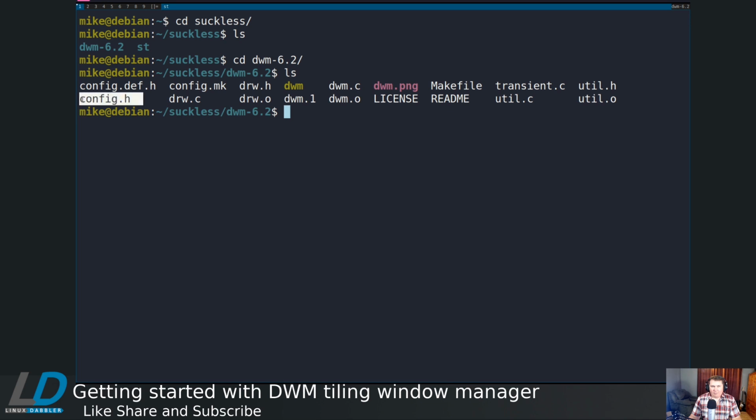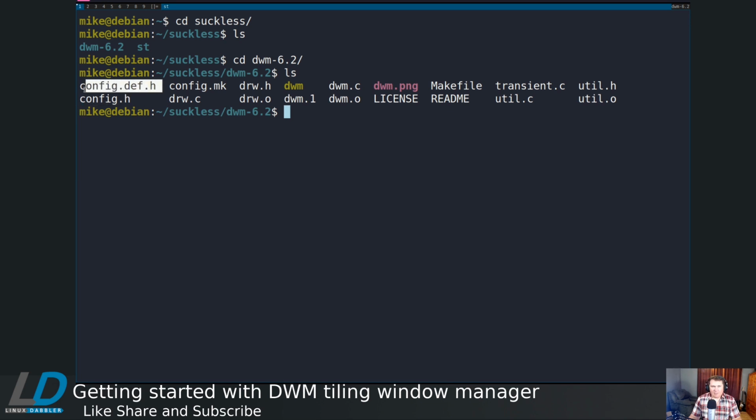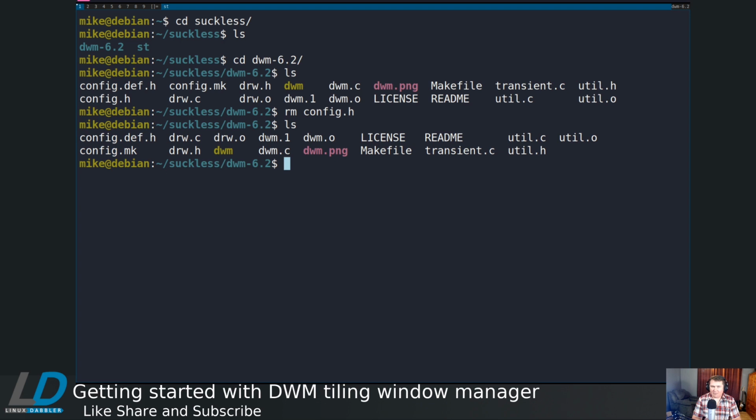I'll go ahead and delete config.h and then make my customizations in config.def.h, because config.h is generated every time you run make on DWM. So I'm just going to go ahead and show that real quick. Let's remove config.h and see that it's gone. Now let's vim config.def.h,